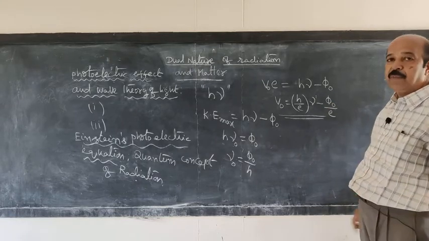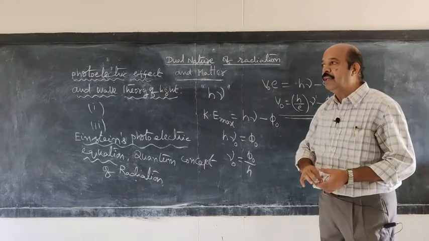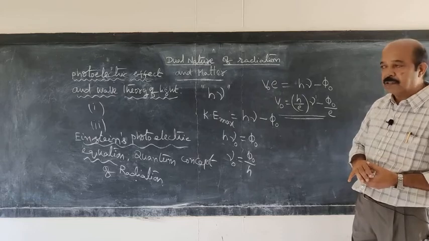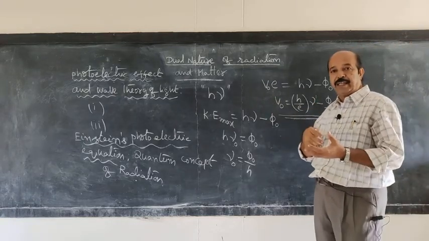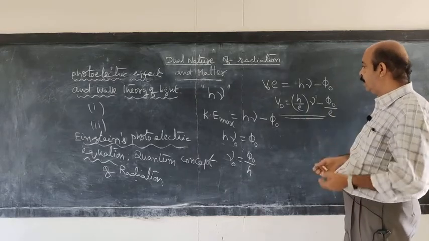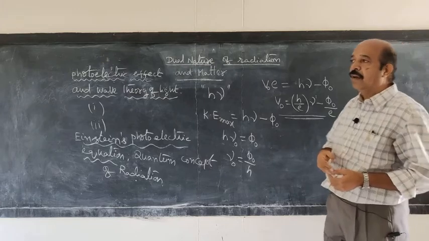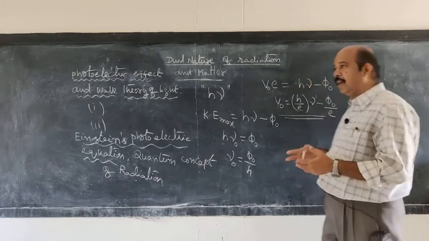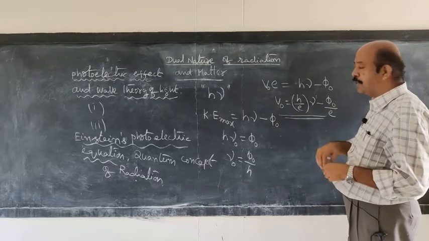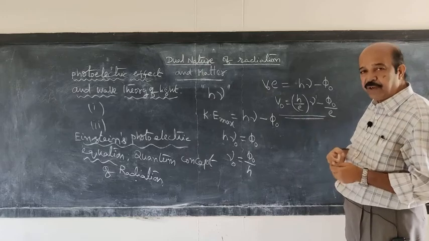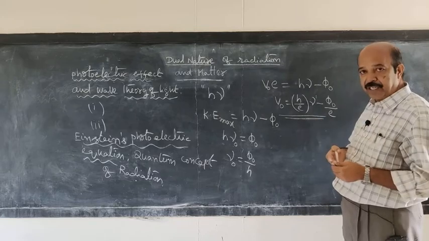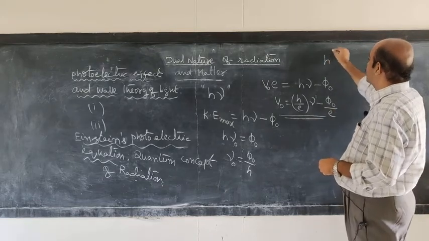So this was experimentally verified by Millikan. Actually he wanted to disprove Einstein's explanation of the photoelectric effect, which considers the radiation as energy packets and the process as something like a collision process. So what he did is he did experiments with different alkali metals and he drew the graphs between the stopping potential and the frequency of the radiation for different metals. He got straight lines. From the slope of the straight lines, he calculated the Planck's constant value.